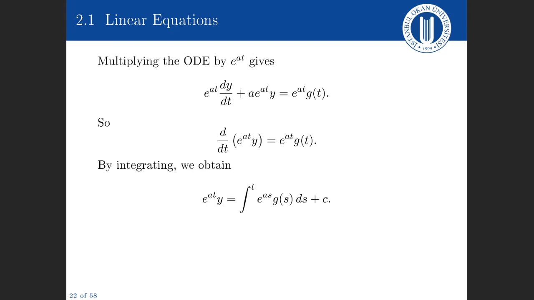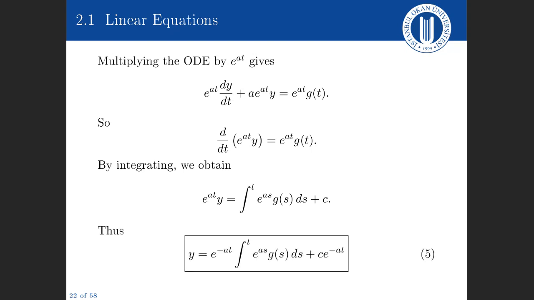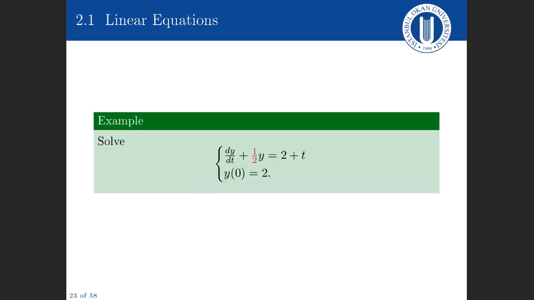We can integrate both sides, and then we can divide by e to the power at. Now, just to avoid confusion with the variables, I've changed to using the variable s inside the integral. Calculate the integral, and then I'm going to replace it with t. For example,